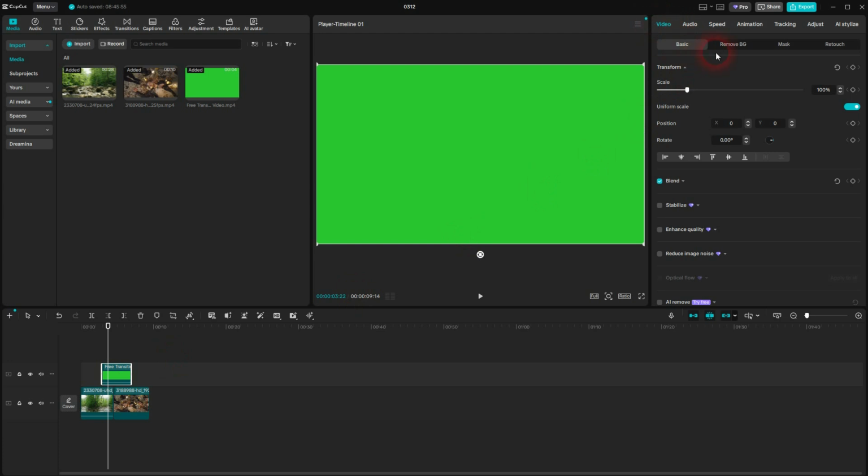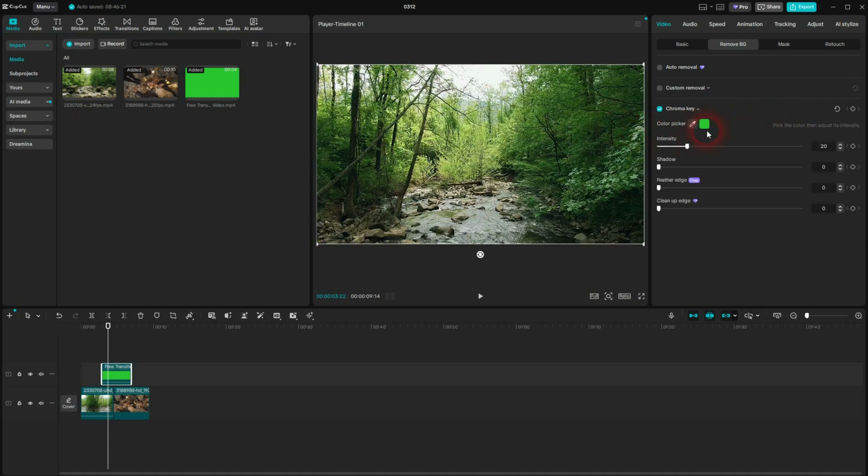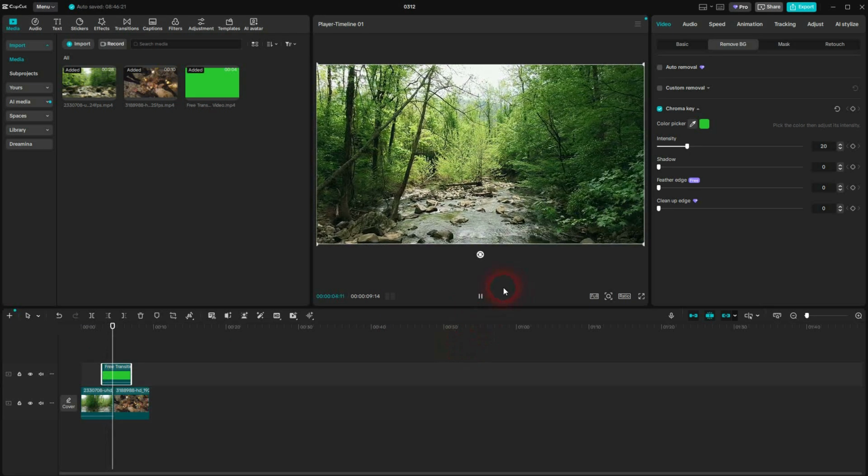Then go to Video, Remove BG, Chroma key, check the box, and activate the eyedropper tool here with a left click if it isn't already activated. Hover over the green color, left click, and this will sample the green color. And now you can see the green is filtered out and we only have this animation, but we have to